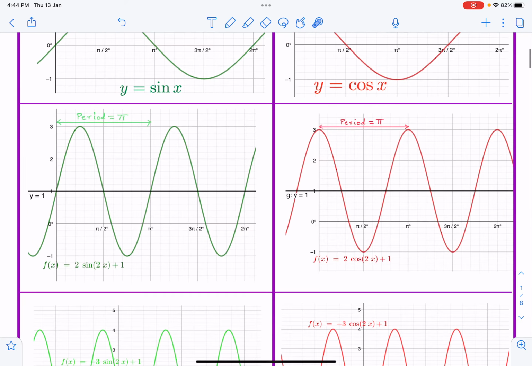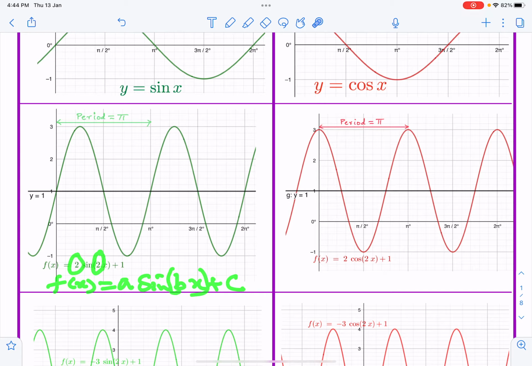Let us see another form of the same sin x and cos x. So here is a function y is f of x is equal to 2 sine of 2x plus 1. Now look here, what all is happening here? If you compare it with the standard form you might have studied in IB, a into sine bx plus c. I am not using horizontal shift in this case because we will not need it here. Some other time I am going to explain it to you. So this graph is representing the amplitude A, which is 2,